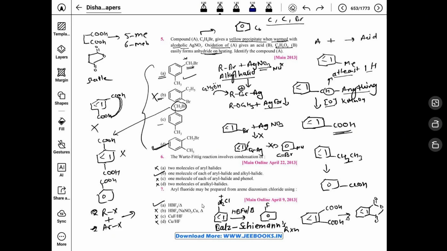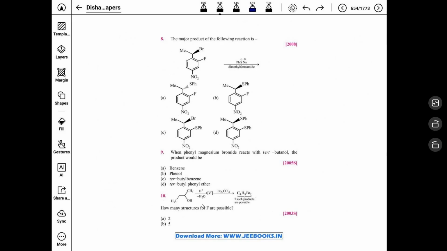Okay, now moving to the next one. The major product of the following reaction. So this is the benzyl halide, and we know that benzyl halide can show SN1 and SN2 reaction because it stabilizes the carbocation as well as the transition state of the SN2 reaction because of the phenyl having -I effect and -M as well. So we know that it can show SN1 or SN2 reaction, and we know that this is a very strong